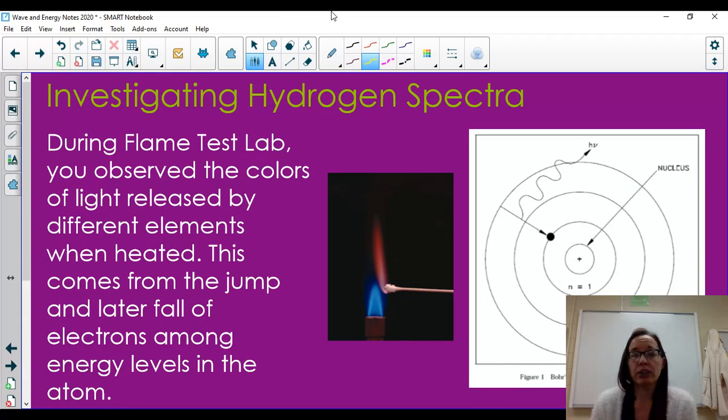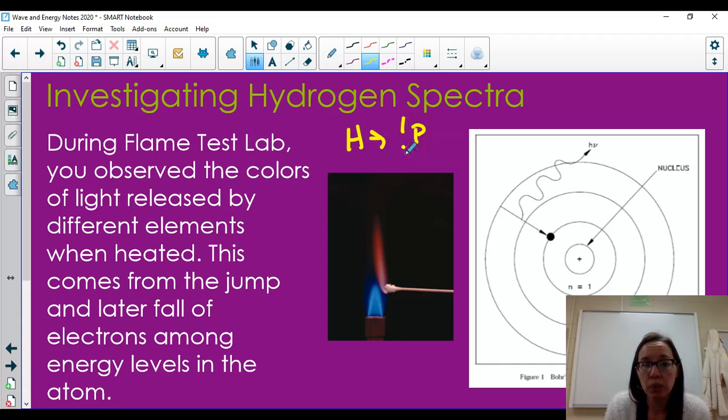Now, when we look at hydrogen, what makes this element unique? We are going to do the flame test coming up, but we've kind of hinted at the fact that elements produce specific colors. We're seeing that happen as the electrons rise and then fall. Hydrogen has only one proton and one electron. So when we see specific energy released, we know it's due to a single electron moving in